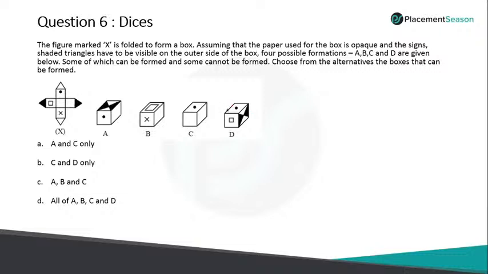Okay, D, again dot. So dot will have 4 faces surrounding it, right? 2 faces are white, and the remaining 2 faces are given here. Is it possible? If I take dot, one side face should be this one. If I fold this, I'll get it. Yes, I will get it. But will I get it in this order, like left and right or right and left? That we will see.